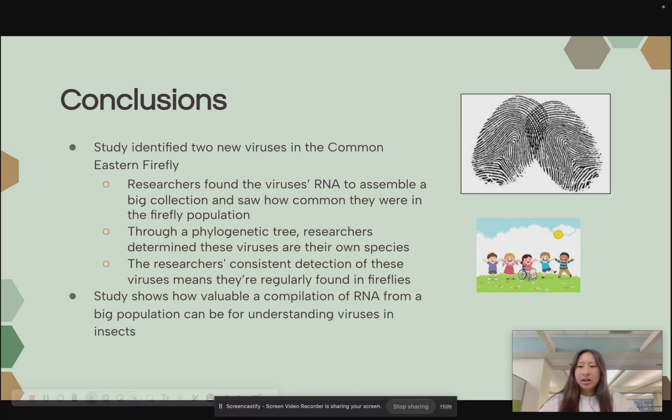So let's say that I'm comparing my brother and me. We would have a very recent common ancestor because that would be our parents. However, if I were to find the most recent common ancestor of a classmate of mine, it would be much older than my brother's and my most recent common ancestor. The researchers' consistent detection of these viruses meant that they're regularly found in fireflies. This study shows how valuable a compilation of RNA or genetic material from a big population can be for understanding